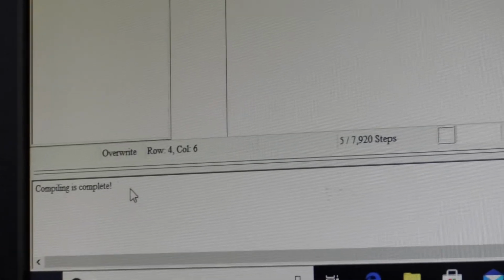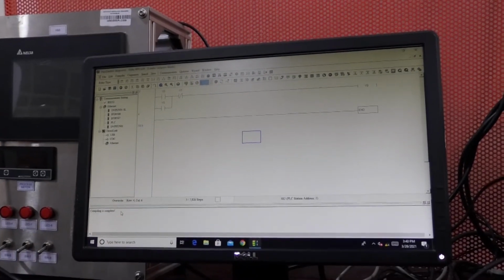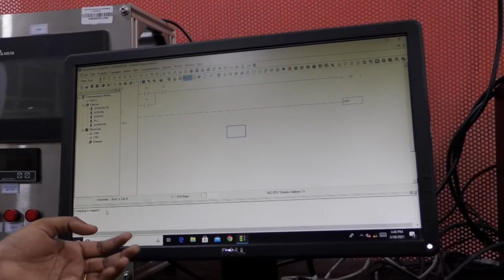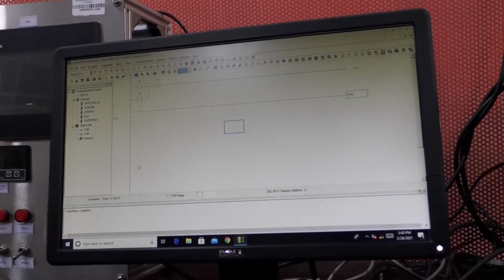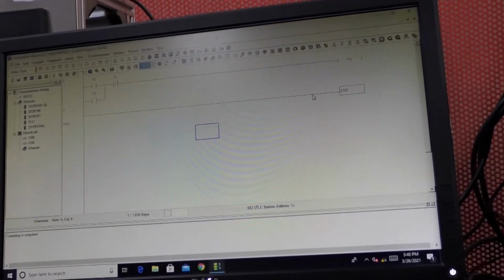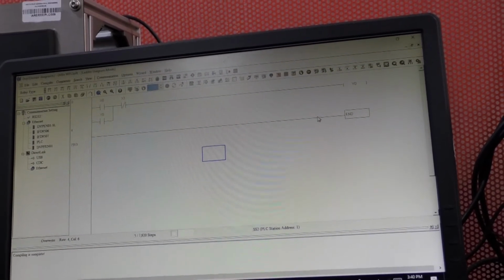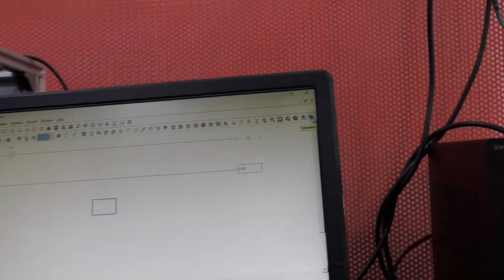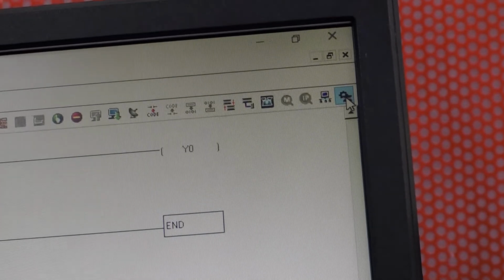Now, without using hardware also, we can perform experiments on PLC. That means at home also you can download WPLsoft software and you can practice on that. So I'm showing it without connecting hardware now. First I have compiled, then you have to keep the simulator on.